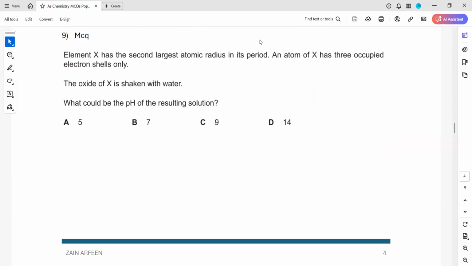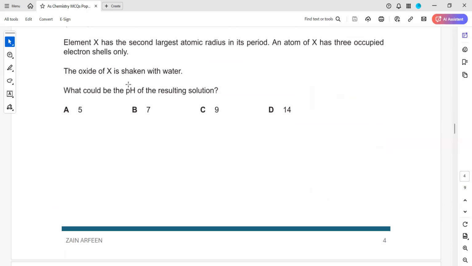Question 9. Element X has the second largest atomic radius in its period. Remember, what is the general trend when we move across the period? What will happen to the ionic radius, the size? Ionic radii or atomic radii, as we move across the period, the atomic radius will